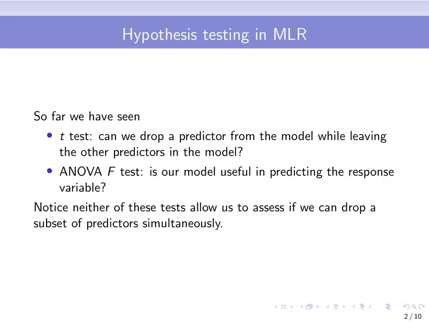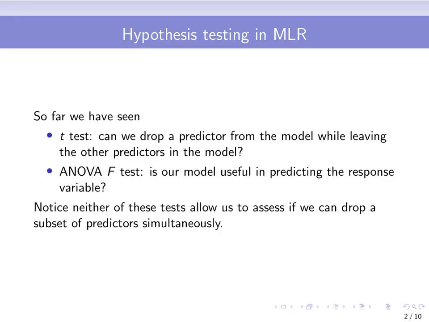So far, in multiple linear regression, we've seen the following hypothesis tests. The t-test, which enables us to answer the question of whether we can drop a predictor from the model while leaving the other predictors in the model. And the ANOVA F-test asks, can we simultaneously drop all of them, or is our model useful in predicting the response variable? Notice neither of these tests allow us to assess if we can drop a subset of